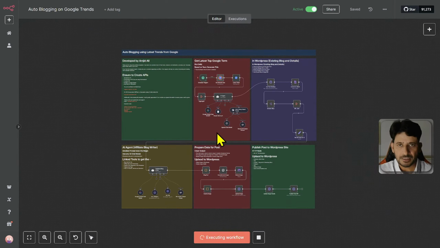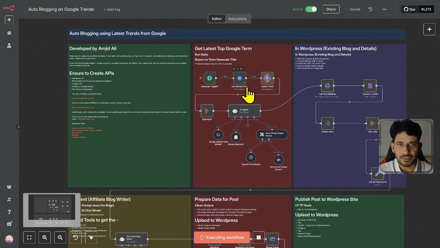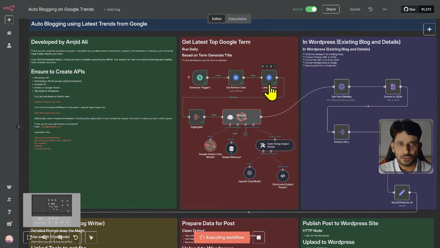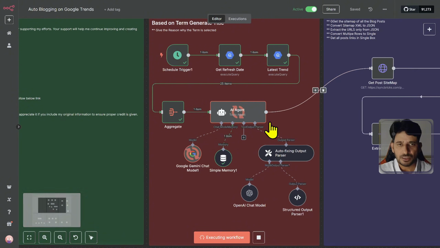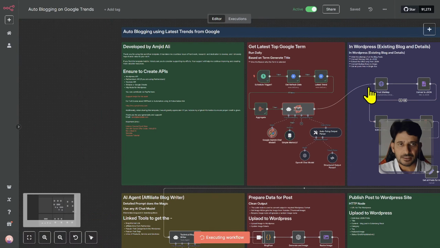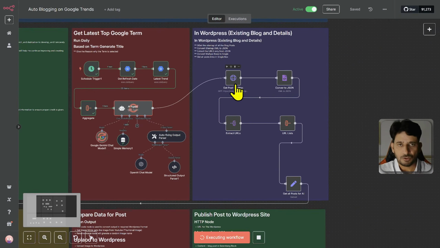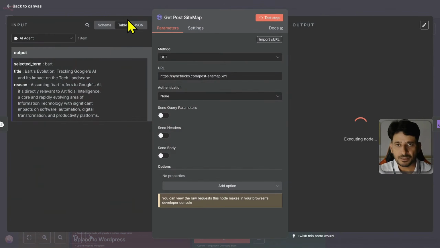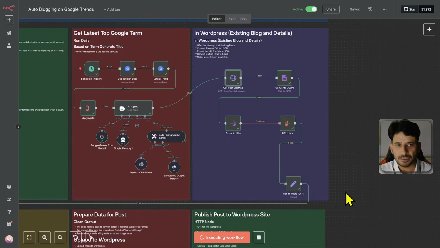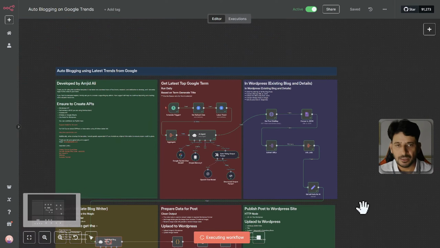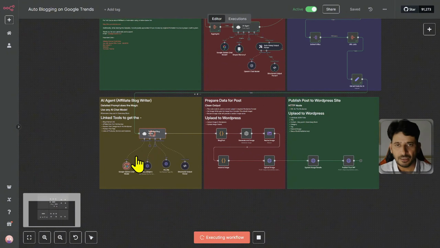So if I just test this workflow, first of all, it is taking the latest trend from Google. Using the Google trend, it is taking the trend, and here at this stage, it is choosing the best topic related to the Google trends. Once the trend is selected, it is of course looking at existing posts on my website, syncbricks.com. So here is the sitemap which it is using. Based on the sitemap, it has taken all the existing links,